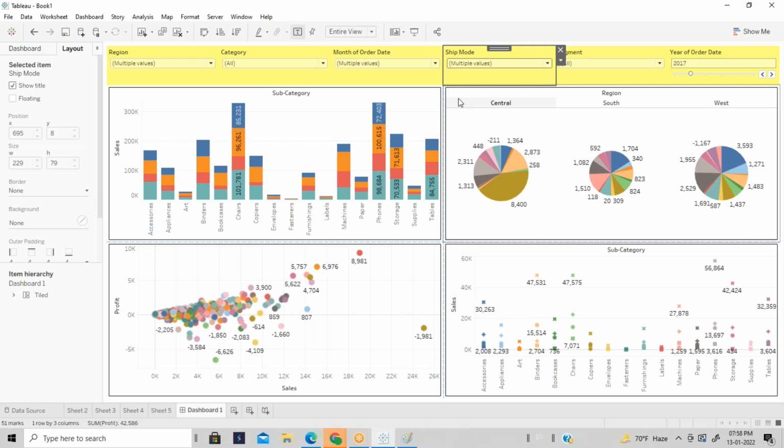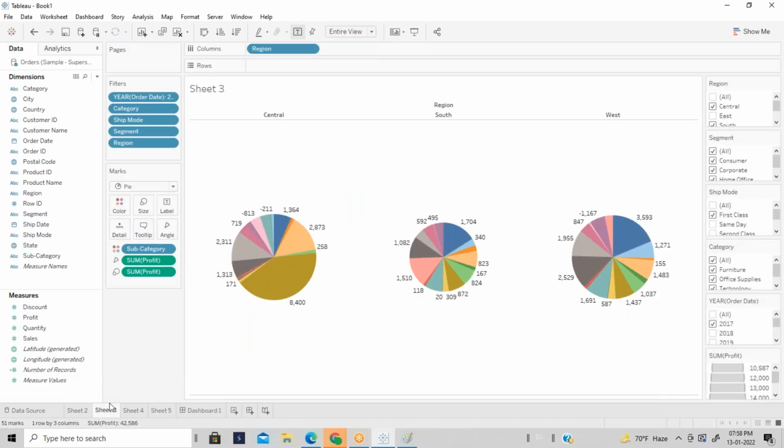Whenever you add a filter in the dashboard, that filter should apply to each and every sheet. But only in the pie chart I created this filter. Correct or not?